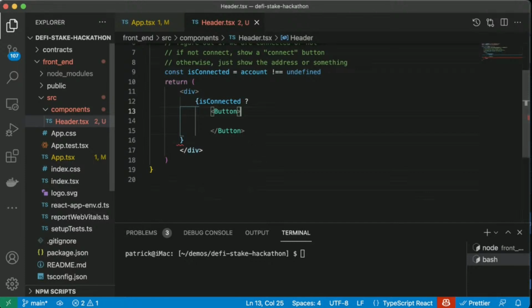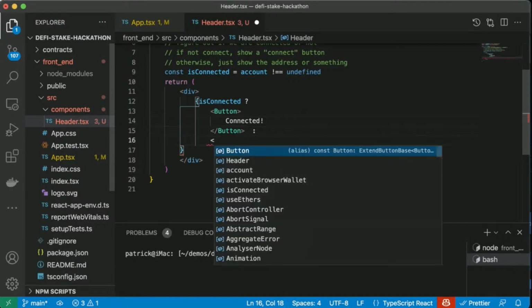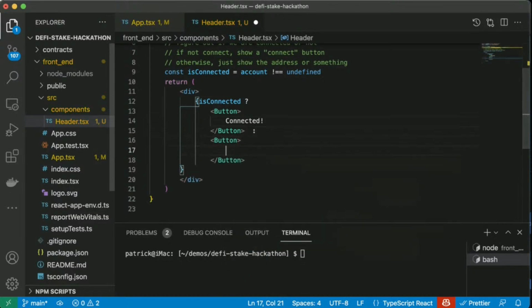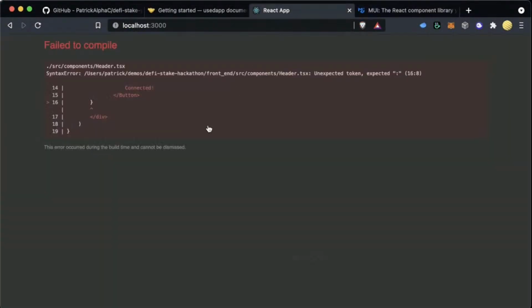In any case, back down here, we're going to create this button, and like I said, if it's connected, we're just going to say in here, connected. I know in the code sample I gave you, it does a whole bunch more stuff, but for this, we're just going to say connected. Otherwise, we're going to create a button. I'm going to say connect. Okay, and so if we try this now, if we look at our front end,